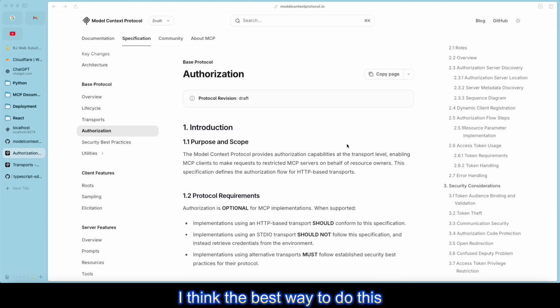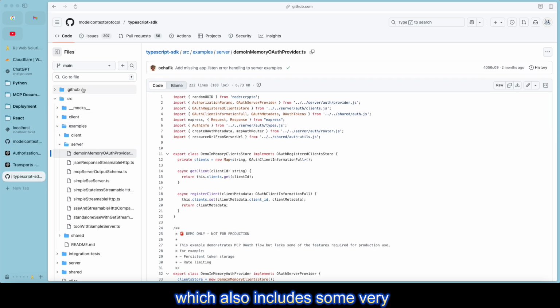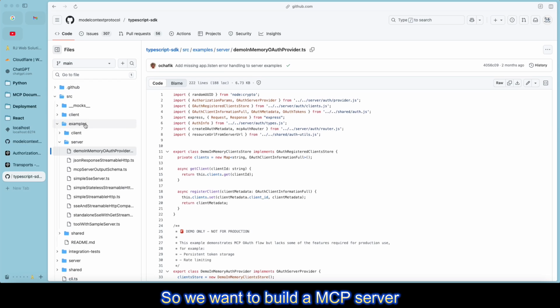I think the best way to do this is to go to some open source project. This one is pretty good. This is MCP's TypeScript SDK, which also includes some very good examples. So we want to build an MCP server with authentication. In the examples in the server folder, there are two files which I think are very important. One of them is this one,